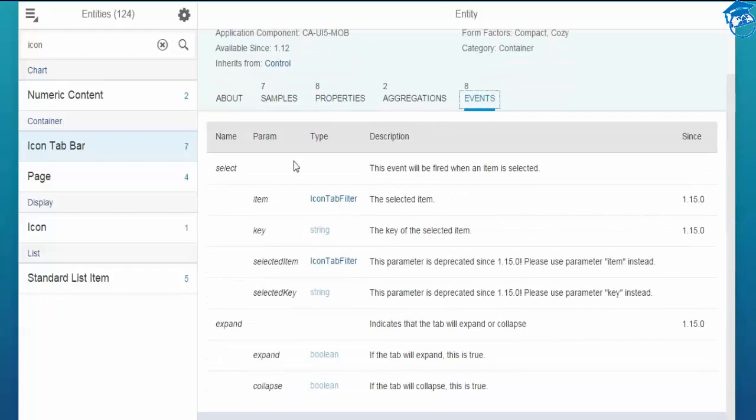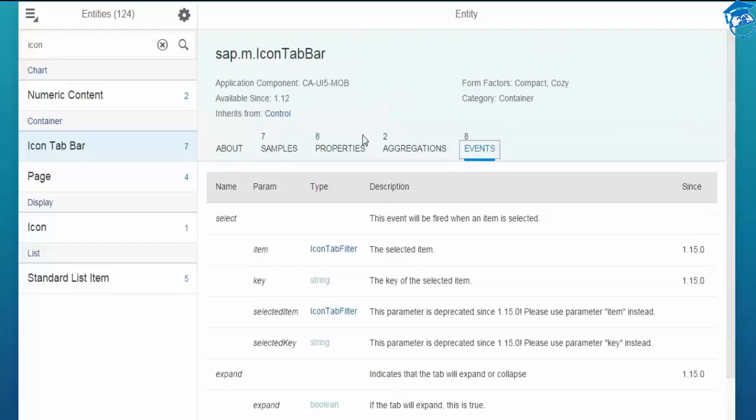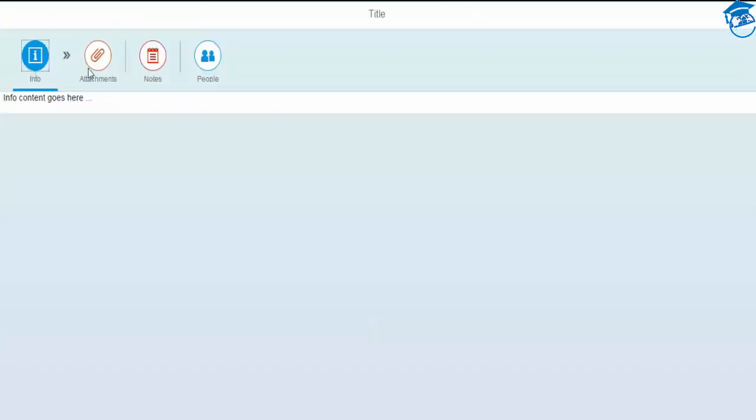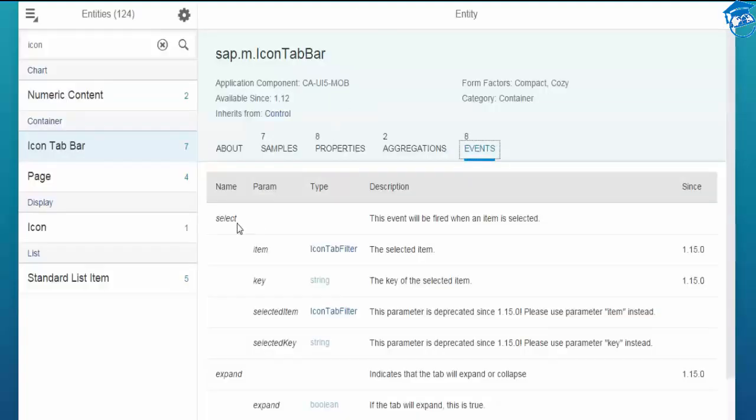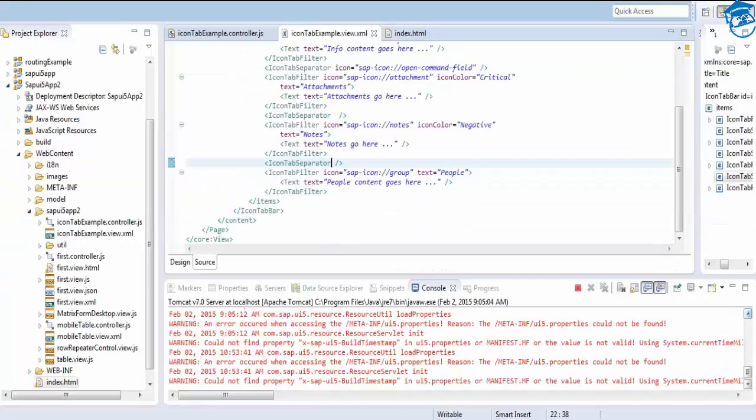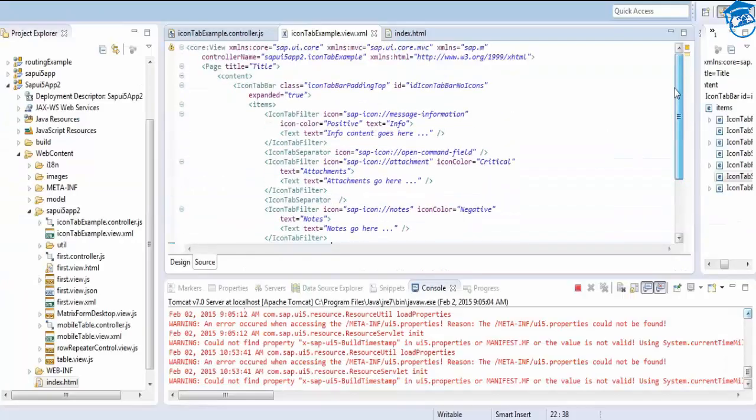So there is an event to this particular IconTabBar. Whenever you select this IconTabBar, you want to do some operation. So based on this, how do you get it? So there is a select option. You can use the select event, and your event will be triggered. Whenever you select, the IconTabBar will have it. So here you can have select,